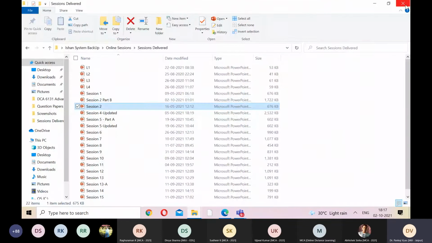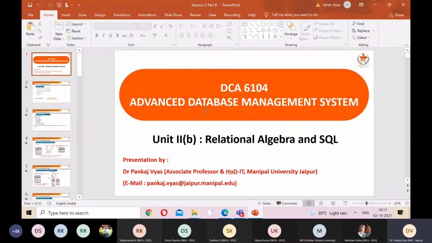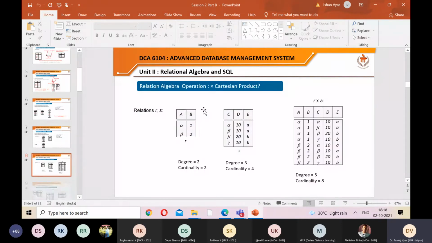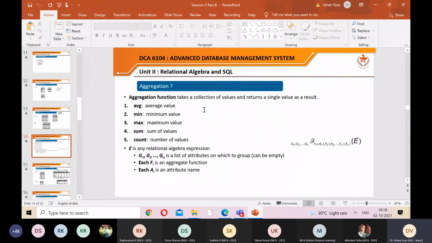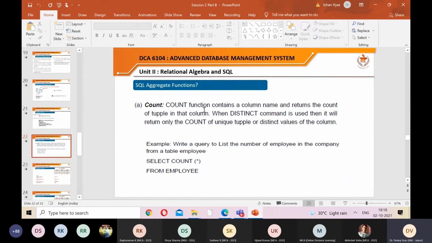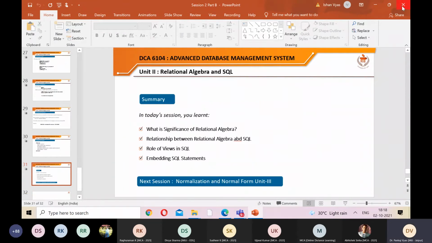And there is an extended session I have taken on relational algebra. So please focus on relational algebra, SQL statements, how a relational algebra expression can be converted into a corresponding SQL statement, or if you are given an SQL statement, how you should convert it into relational algebra, which operator is used for which purpose, what is the difference between Cartesian product, union operation, intersection operation, what is a join, various forms of joins, clear. You have to understand that clearly. That is in unit number 2.